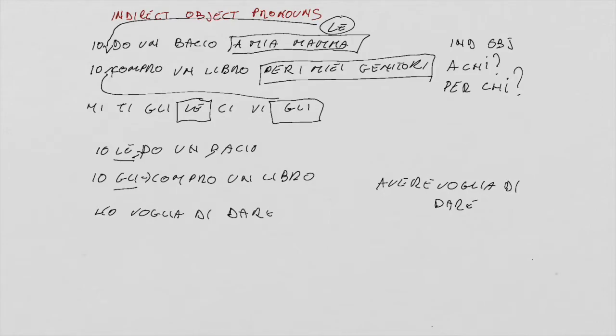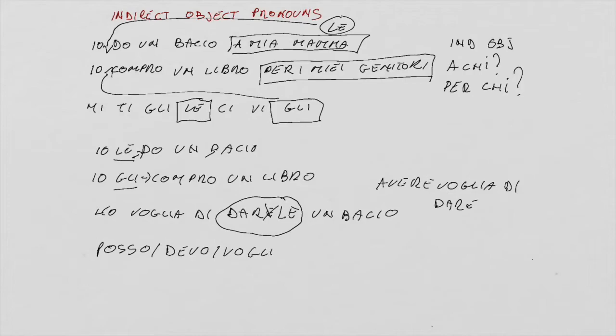So you take the verb dare, you drop the last e, English e, and you attach to it the pronoun le. So, ho voglia di darle un bacio. If an infinitive follows the verb potere, can, dovere, must, and volere, to want, the pronoun may either attach to the infinitive, so you have, for example, posso, devo, voglio darle un bacio, so I can, must, want to give her a kiss,